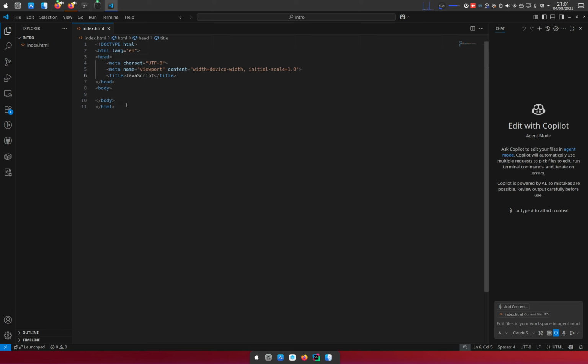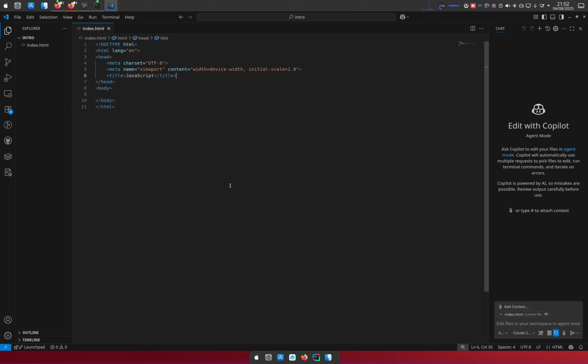So if you want your JavaScript to run before your page is loaded, or before like the contents of your page are displayed, then you have it on the head tag. But if you want your page to load and then your JavaScript to be sort of executed, then you have it before closing the body tag.